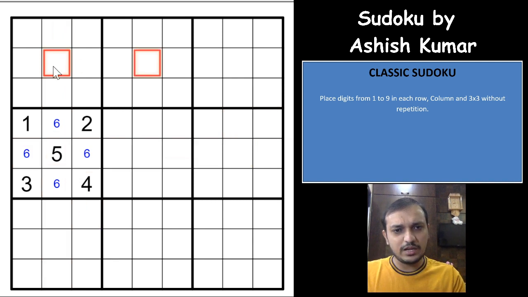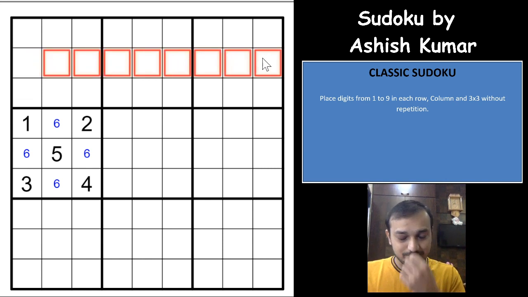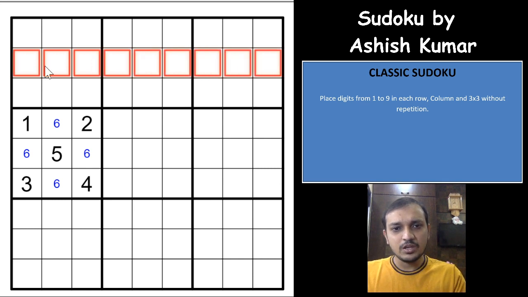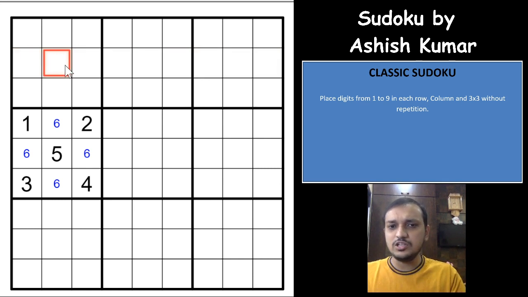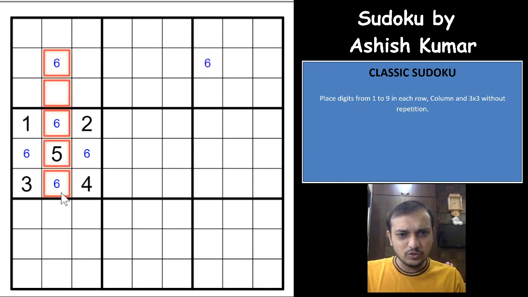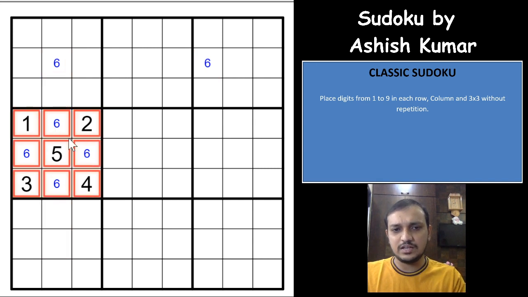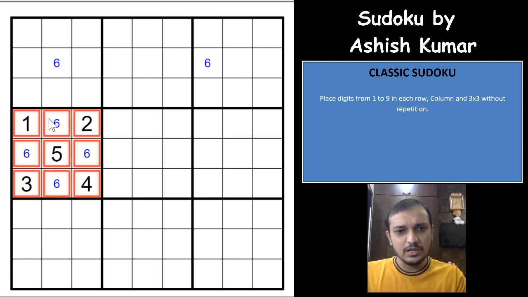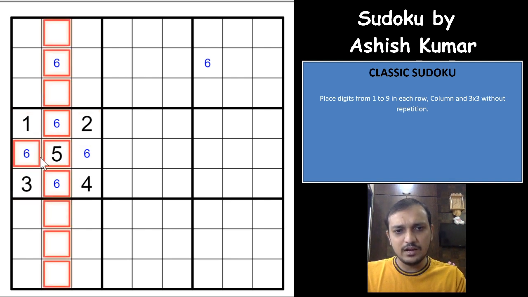Now let us assume that in this row, I'm sorry, I'm getting confused with rows and columns. So in this row, you have a possibility of 6 in only two cells, either this cell or this cell. So one of these cells will have to be merged with the column of the box that we are seeing, right? So in this box, the 6 can only be in column 2 and row 5.